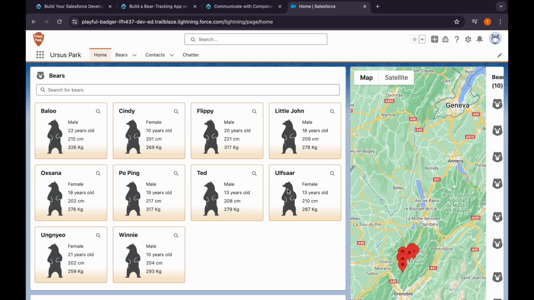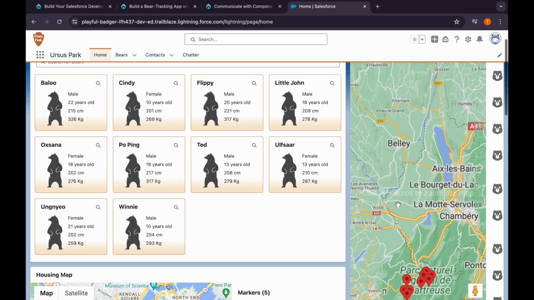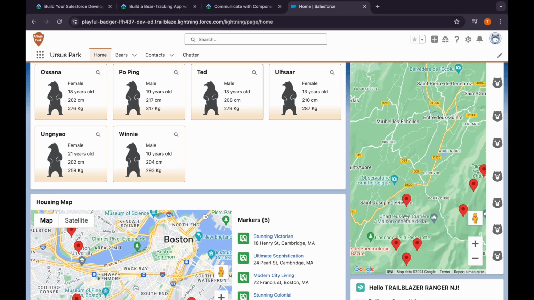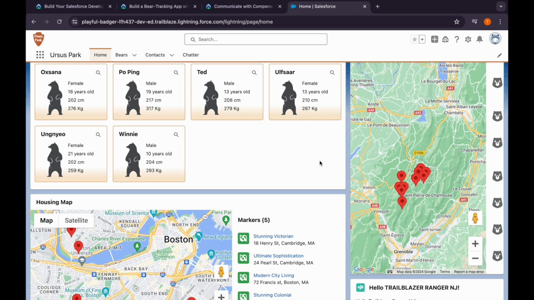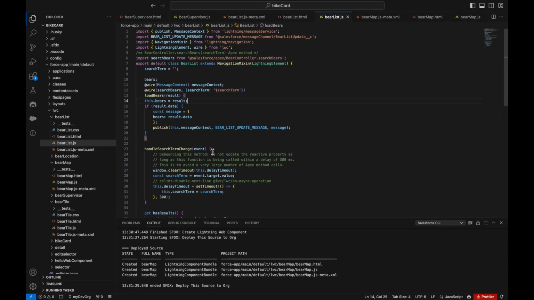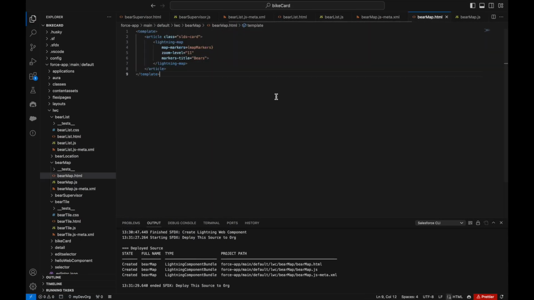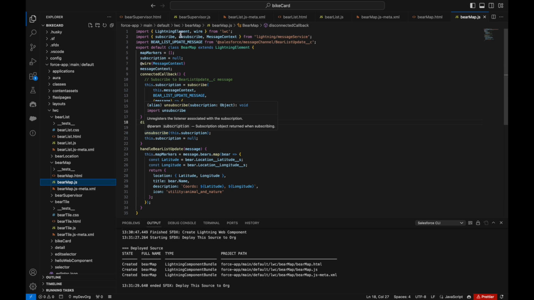something. But what's happening, it's showing us all the list here, and then its locations here. If you can zoom in, you can see all the locations in this map. So how the communication is happening, if you see in beer map, here it's just lightning map, which we have discussed earlier as well. And if we go to the JS file, again we are